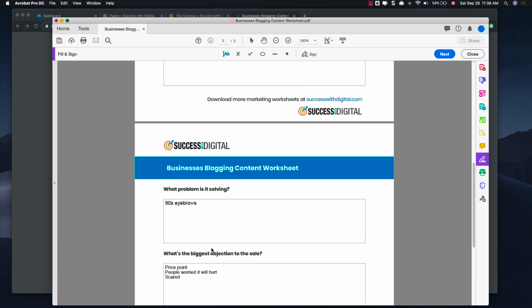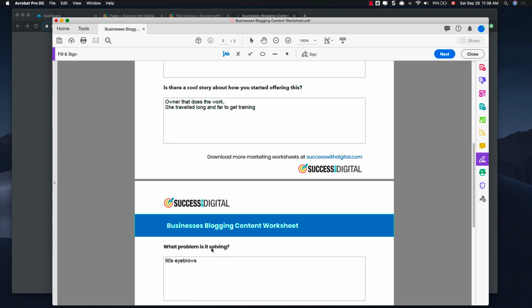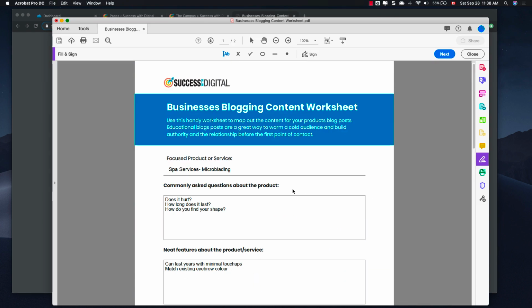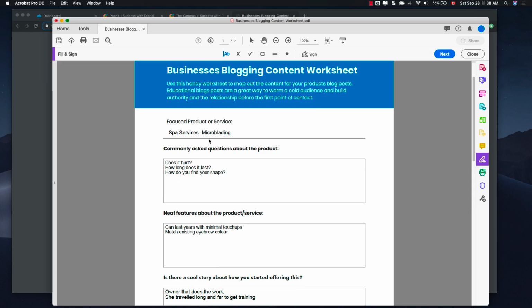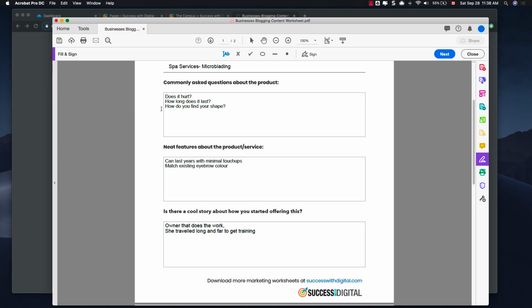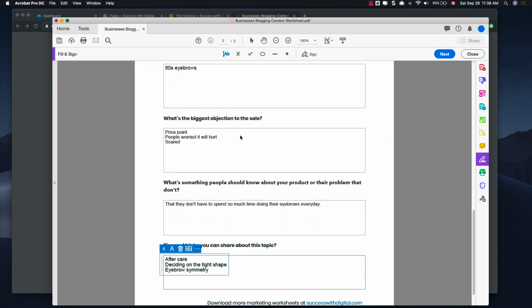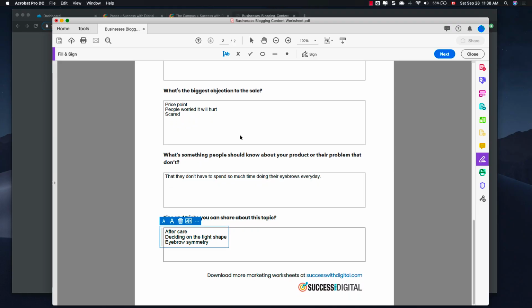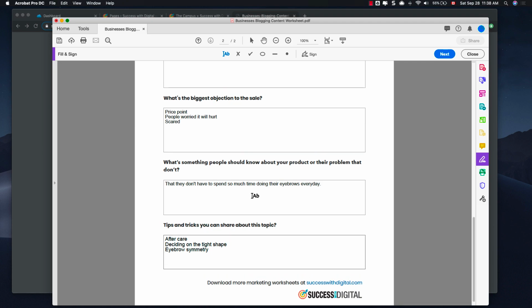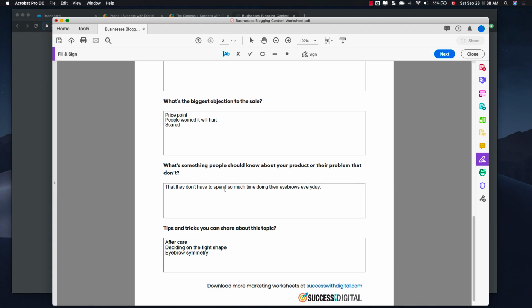And so once you've mapped this out, it gives you a good idea of different topics that you could do for your blog. So if I wanted to focus on microblading, because that was a sales goal of mine, I knew I wanted to increase the amount of appointments I had for it, then after I mapped this out, you could match up some of these together, or it could be one long blog post that's like a pillar post on your site. All of these don't have to be individual blog posts, like each point, but it is important to look at what you've mapped out.